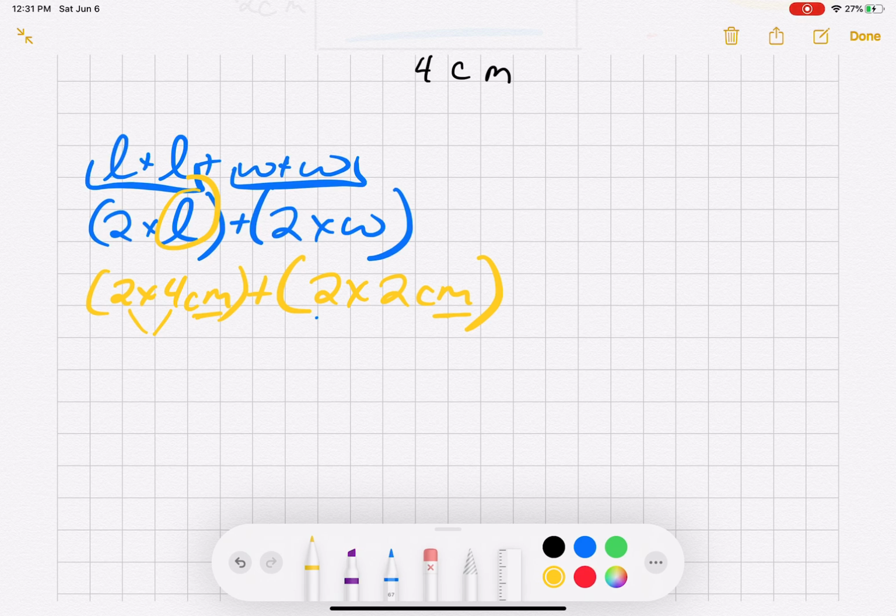And 2 times 4 is 8 centimeters plus 2 times 2 is 4 centimeters, and then I just add these together, so I have a total of 12 centimeters. Okay. Now,